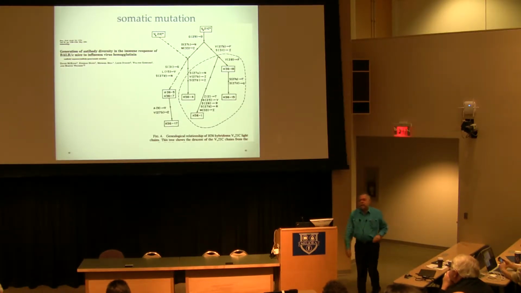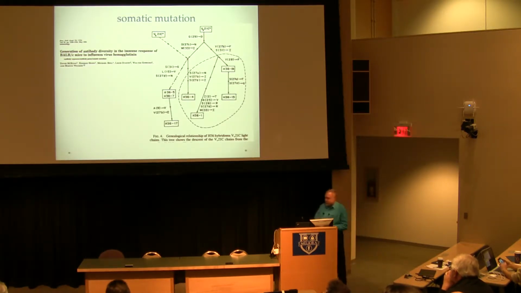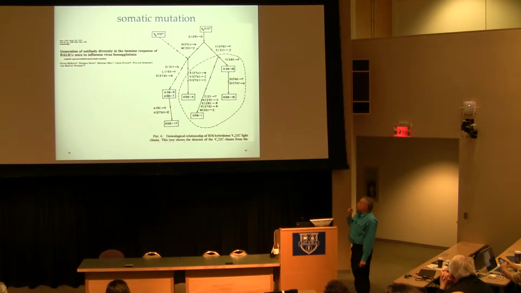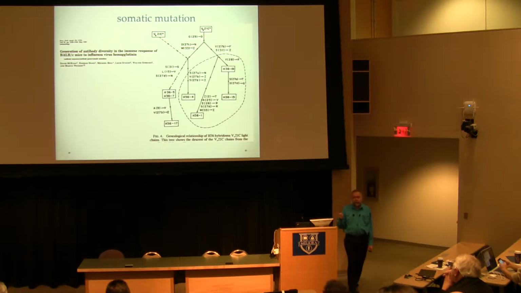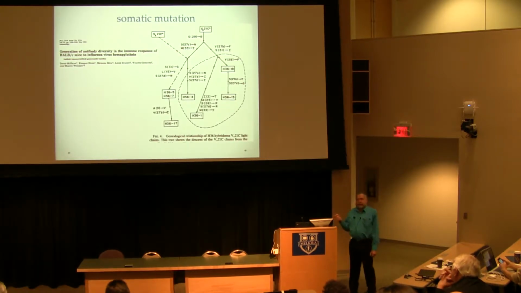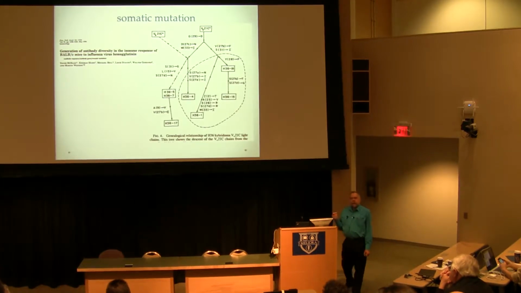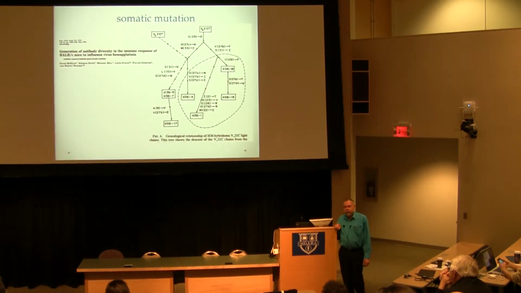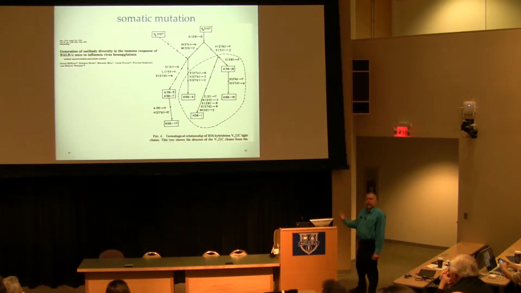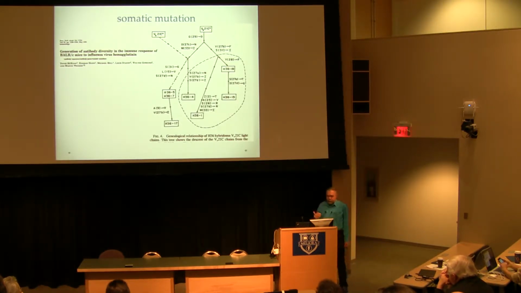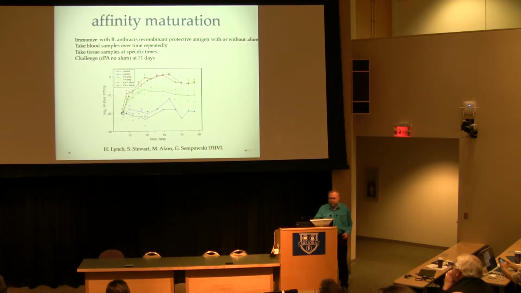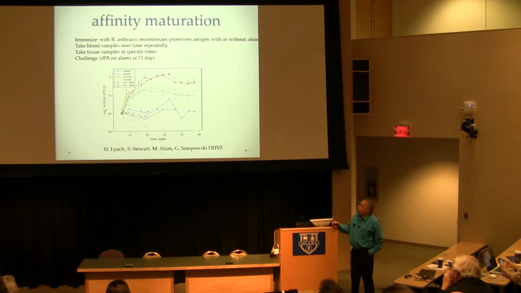And that was subsequently confirmed by a number of different people, and so the story is now really very clear. What happens is B cells that are elicited by an antigen enter a process by which point mutations are introduced into the antibody genes. The antibody genes that by chance encode antibody molecules with higher affinity for the antigen provide a proliferative advantage to the B cells, which then go on to eventually dominate the humoral response. This is an example of affinity maturation